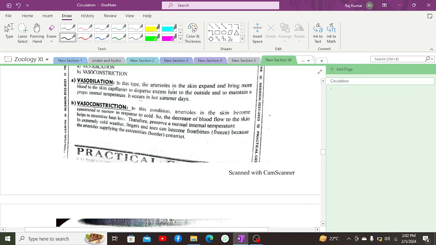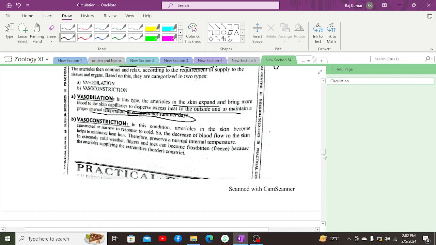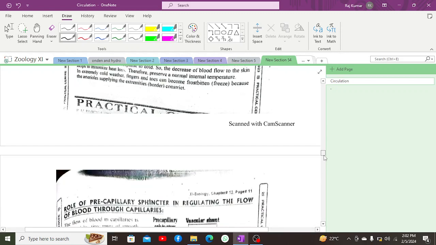In this type, the arteries in the skin expand and bring more blood to the skin capillaries to disperse excess heat to the outside and to maintain a proper internal temperature. It occurs on hot summer days when we are having high temperature, and this leads to a condition in which the heat from the blood vessels is then absorbed by the sweat glands, as a result of which sweat is formed within the sweat glands, and thus it leads to release of